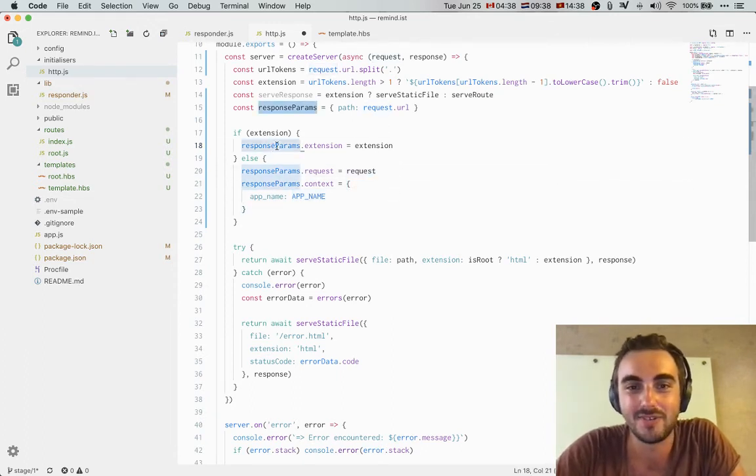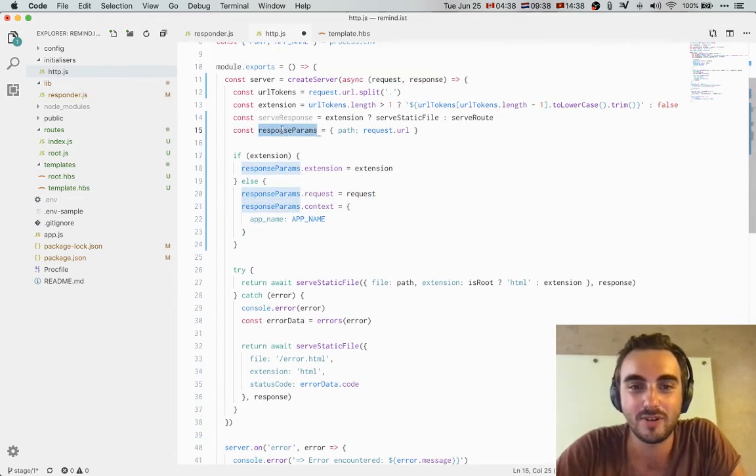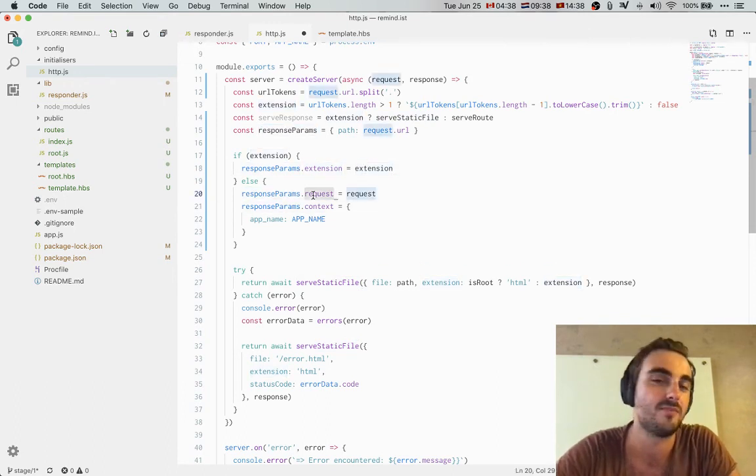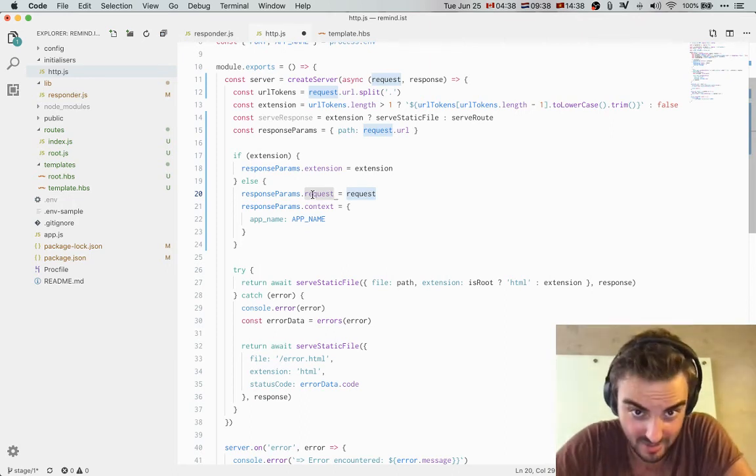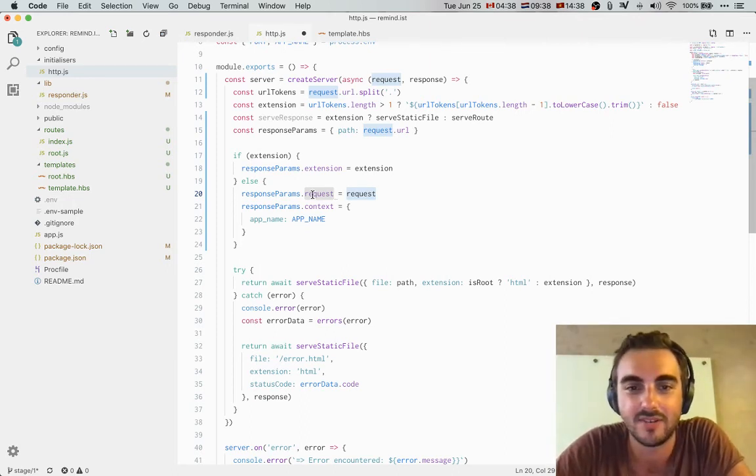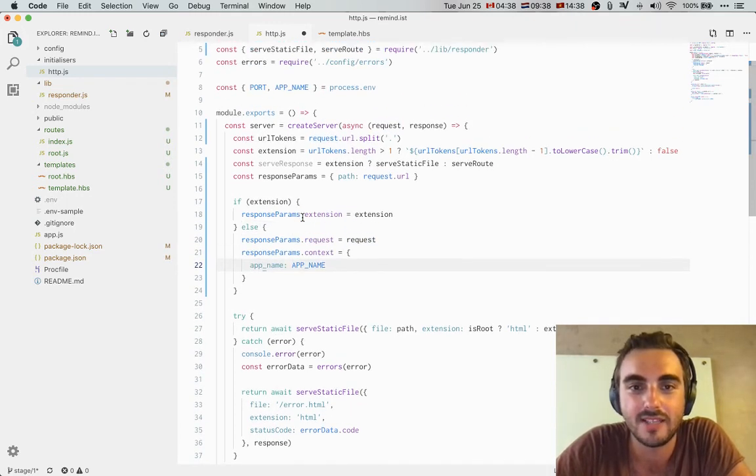But yeah, so we're going to have a response params object, and we always know that we want to pass in a path. And in the case of an extension, we want to make sure that the serve static file function will know the extension. Otherwise, we should pass in the whole request because there might be important things in there that we can't just figure out at the moment here. And we need to begin this context here. So we're going to start with just the app name. And the app name comes from